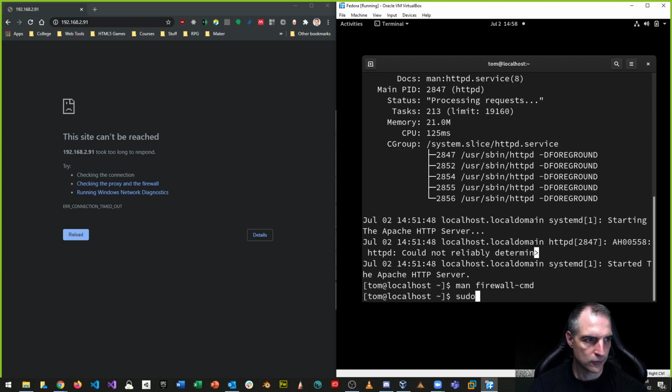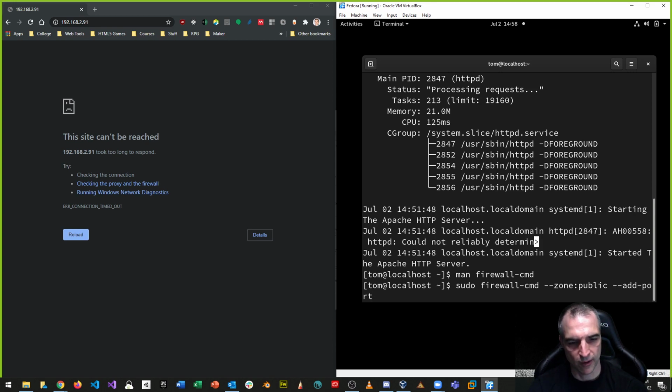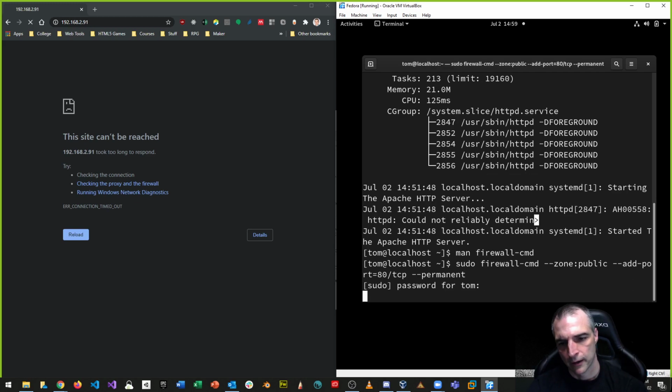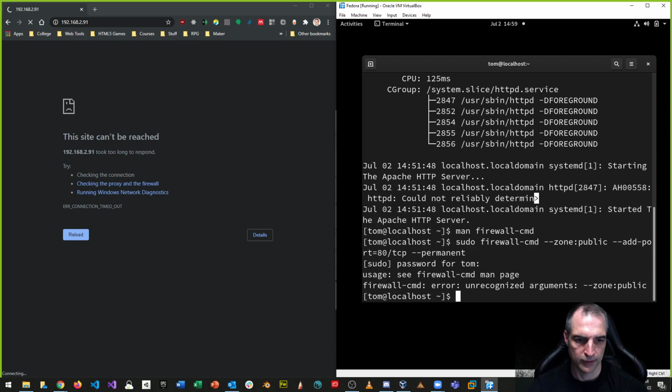So we'll say sudo firewall command, and then we'll say zone public, right? And then add port. Sorry, it's crossing lines. I'm a little bit zoomed in. And then 80, and then TCP, and then --permanent. Okay, if I spelled everything properly. Maybe I did. And if everything goes well, and things did not,